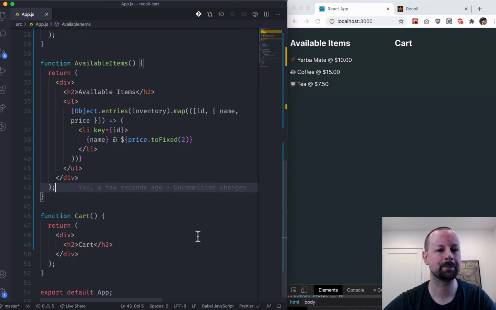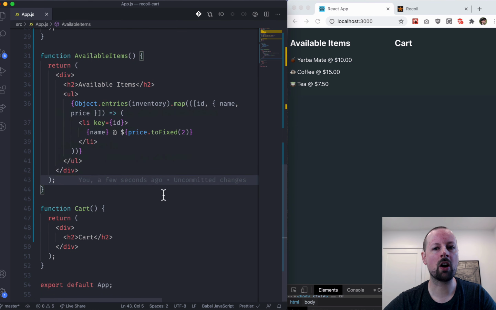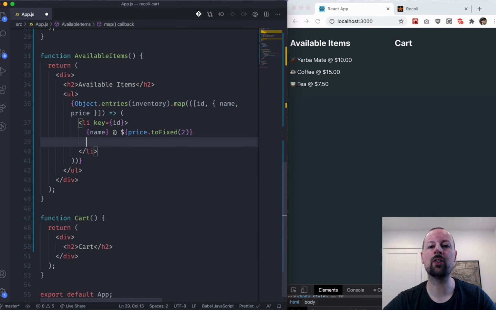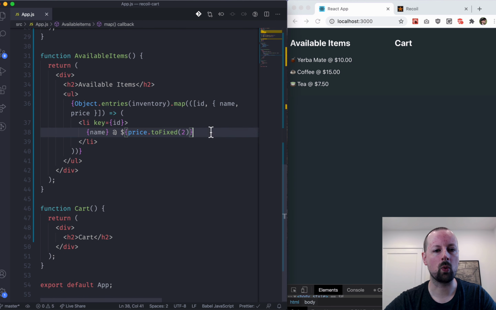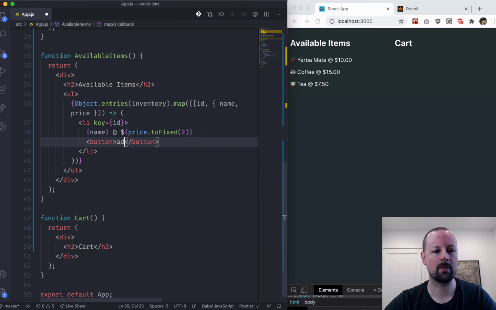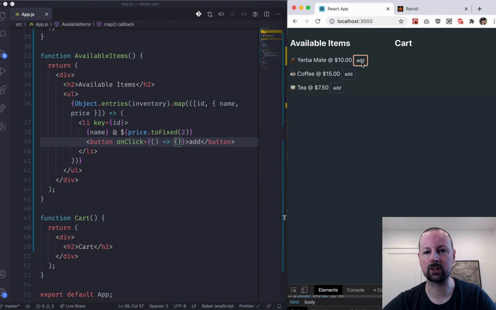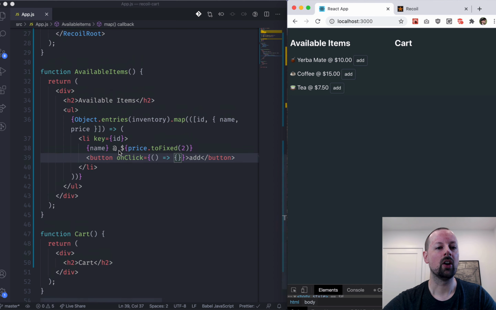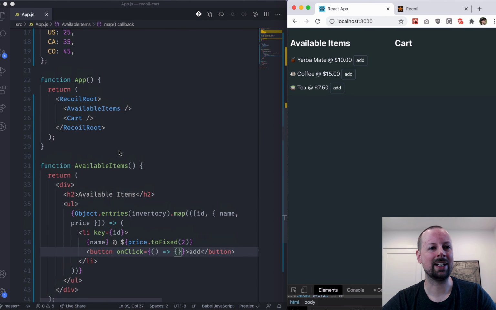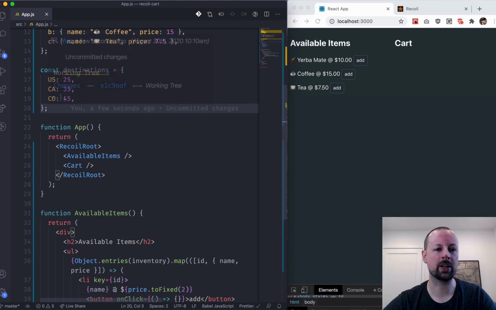for money. So with our available items being shown, it's now time to add a button to add them into our cart state. That doesn't exist yet. We're going to create that in a sec. So here's our button, add, and it is going to have an on-click event that we'll fill out in a second. So very nice. So the way that you declare state in Recoil, and we'll just do it up here outside